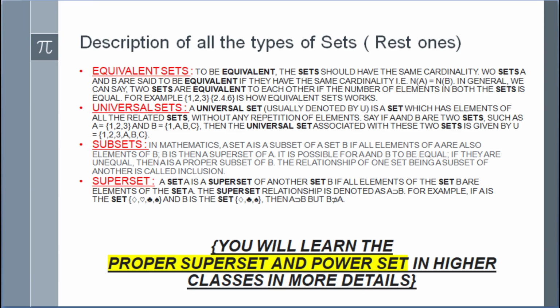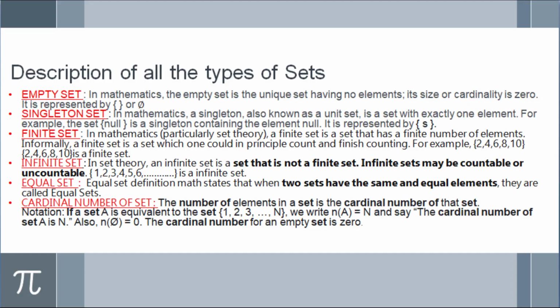The next thing that comes is the equal set. As the name suggests, all the members will be equal, means the members of both the sets will be equal. So if I assume set A contains 1, 2, 3, set B will also contain 1, 2, 3. It might contain more, but that is a complicated thing that we will be discussing in the next video. So don't focus on that part. For now you take that both the sets will contain the same number of equal elements. Okay. So I guess you all are clear with the equal set.